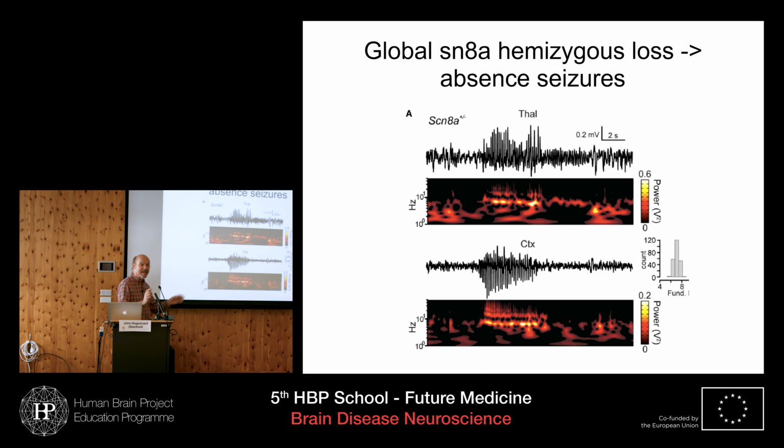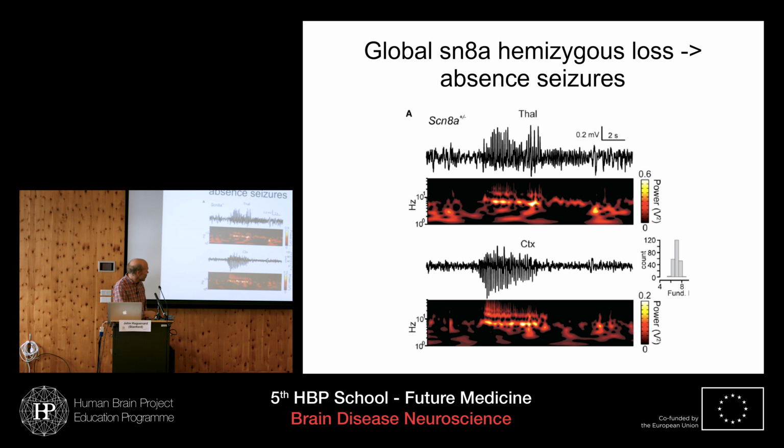They have exactly the same type of seizures that I showed you in Stargazer and Wag/Rij and people. They have spike and wave seizures associated with these behavioral absences. You can see them in thalamic recordings and cortical recordings. The spectrogram has this beautiful 8 hertz oscillation, and you can see the harmonics, which are quite indicative of spike and waves. You get these higher frequency components that are associated with the spikes and the spike and wave, and it's absolutely what human absence epilepsy looks like.